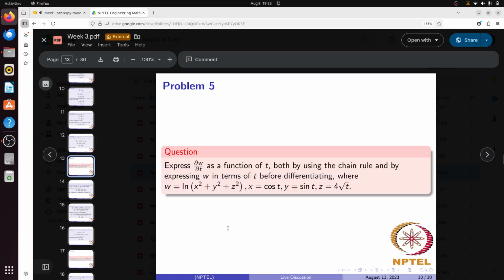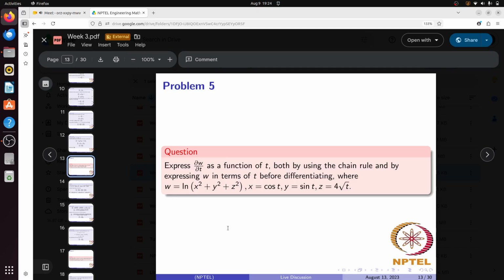Now this is an implicit function; express del w del t. These problems I made in 2023. They are not collected from somewhere. From some books I found some exercises, then I solved them in my own way. I may have goofed up and made some bad calculations, so I tell everyone who watches my YouTube video, please solve the problem on your own.